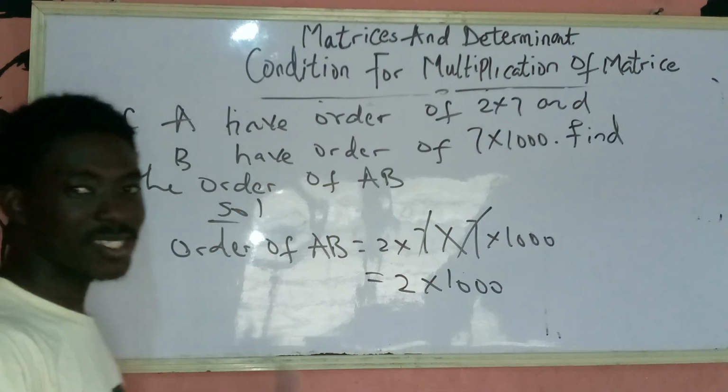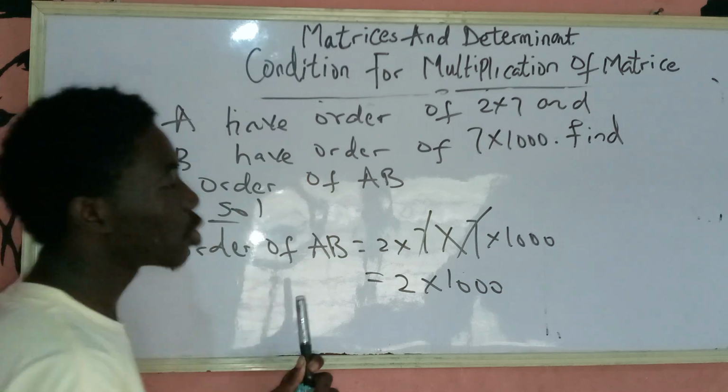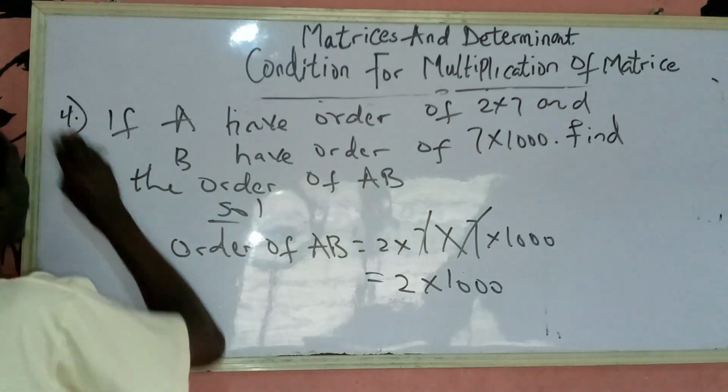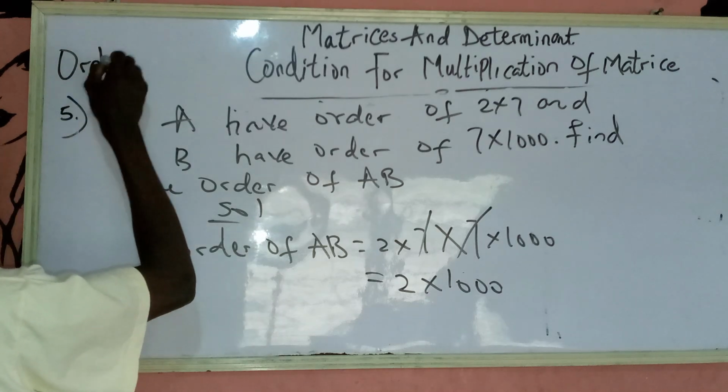So let's do more examples on how to check the order of a new matrix when you multiply two matrices. So this will be the fifth example. Order of